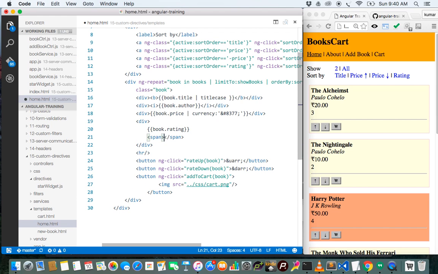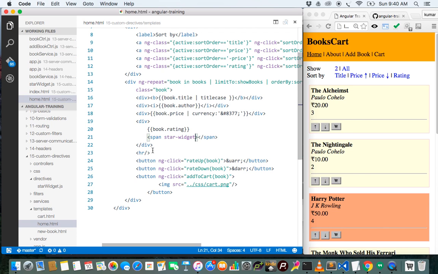So we'll use it on a span, star, and the name of the directive is starWidget with a capital W. Since HTML is case insensitive, which means capital TD and small td are same, capital div and small div are same, to cater to that case insensitive nature of HTML, when you use the directive, you use it hyphen separated instead of camel case. So starWidget converts to star-widget,